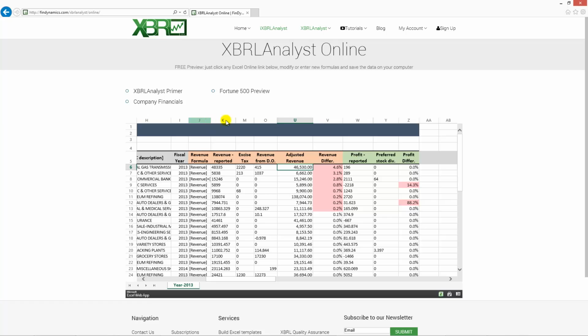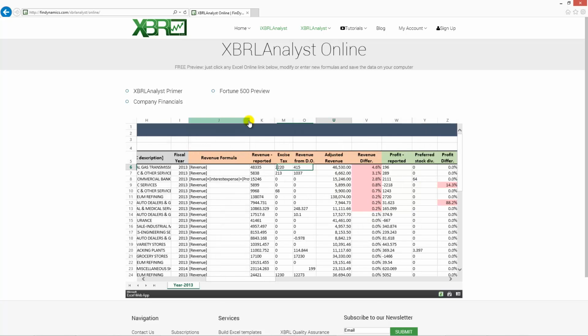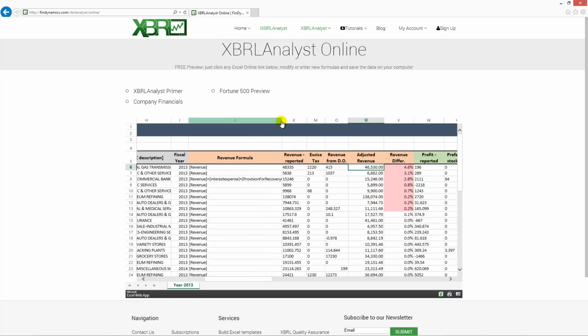We also made adjustments for provisions for doubtful accounts, and could not reconcile approximately 8